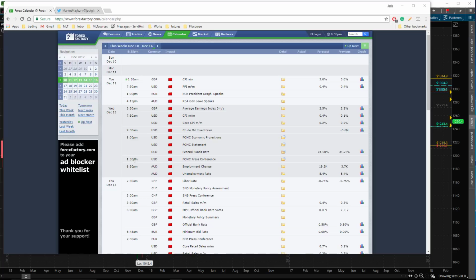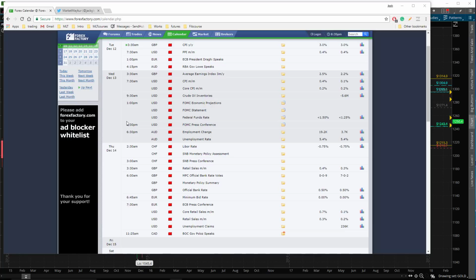We're going to follow it up with a press conference at 1:30, and then unemployment change and unemployment rate for the Australian dollar at 6:30 p.m. Central Standard Time on Wednesday. On Thursday, for the CHF LIBOR rate and SNB monetary policy assessment, as well as the press conference at